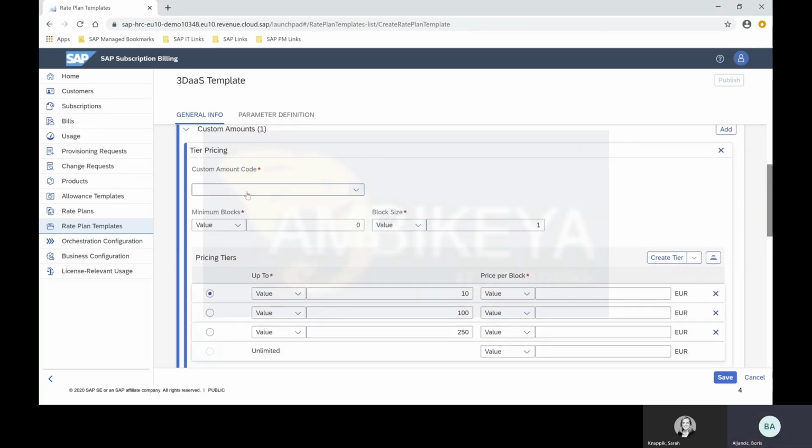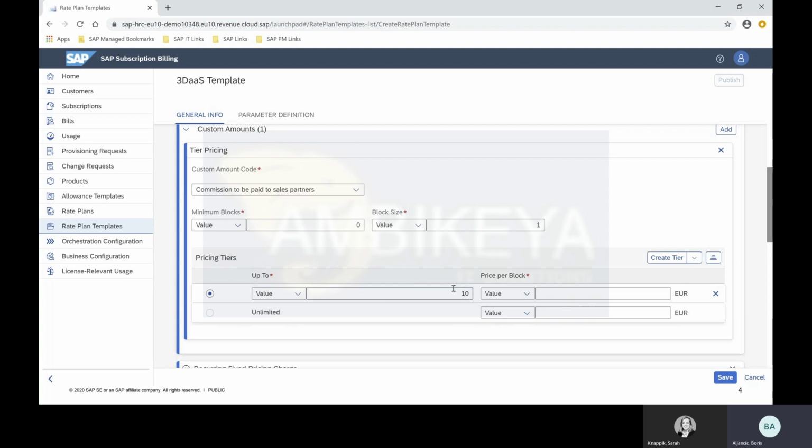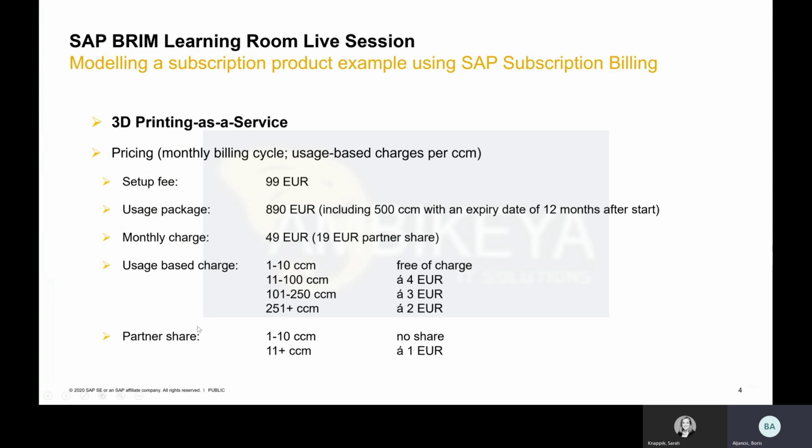Custom amount code is the commission again, but the tiers are different. So actually I only need 2 tiers because up to 10 is free of charge. So I can even keep the value here 0. But for the actual commission, maybe I go for a parameter tier commission. Okay, and with that, I have created a rate plan template which basically covers exactly this rate plan I want